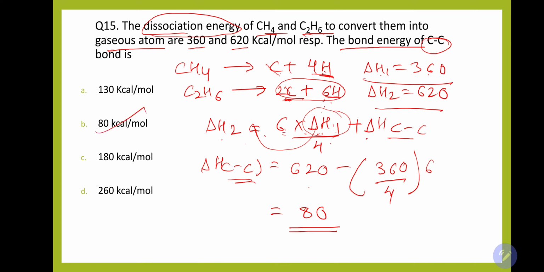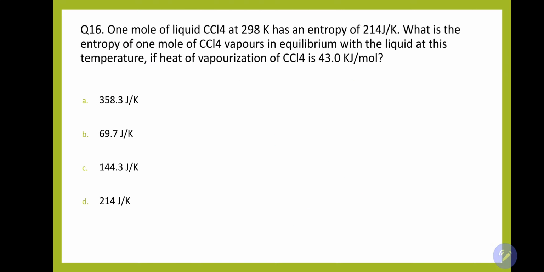Okay, now let's see the next question. In the last question we have seen some shortcuts, and how to manipulate the question to get the answer. Now in this question, the question is: 1 mole of liquid CCl4 at 298 Kelvin has entropy 214 joules per Kelvin. What is the entropy of 1 mole of CCl4 vapors in equilibrium with the liquid at this temperature if the heat of vaporization of CCl4 is...